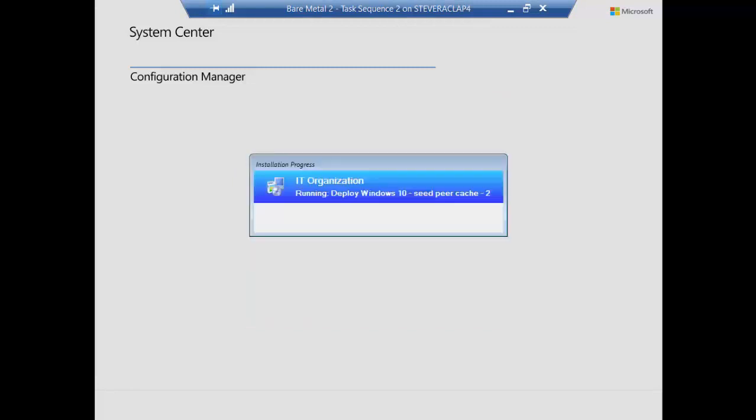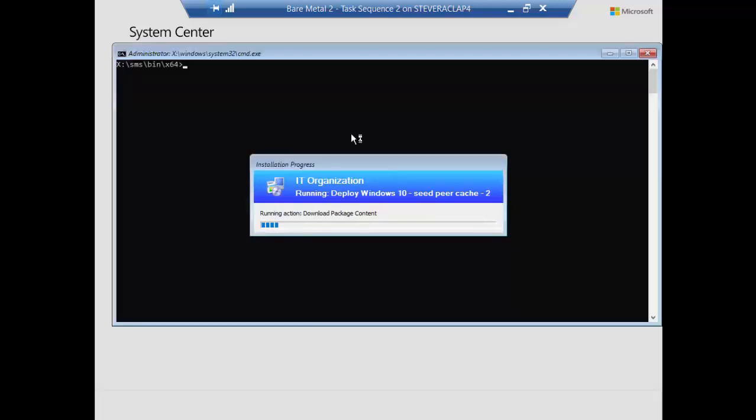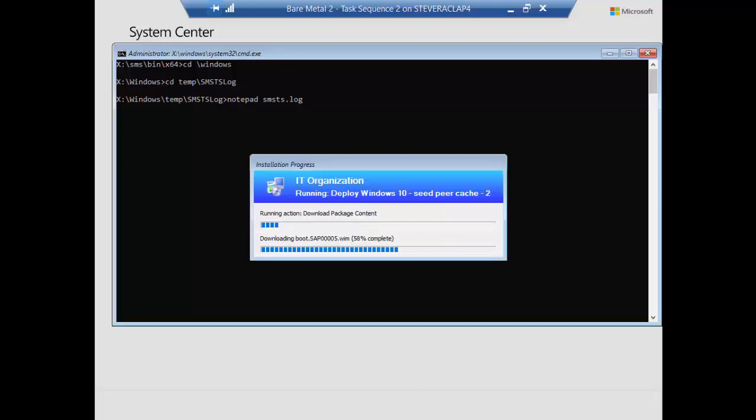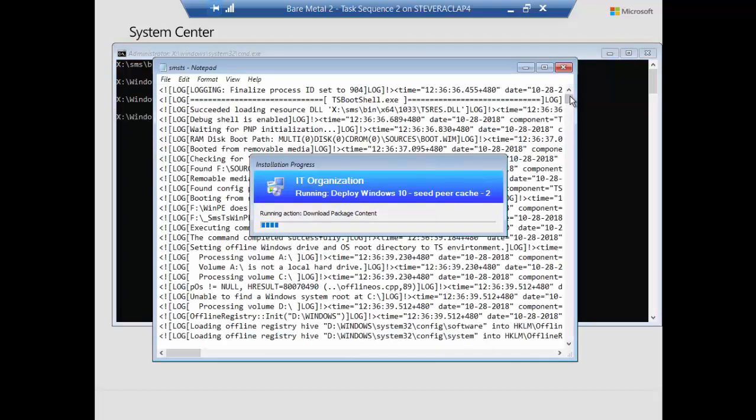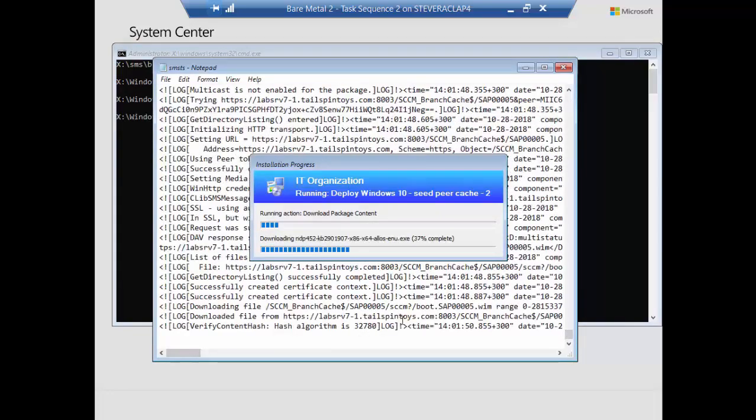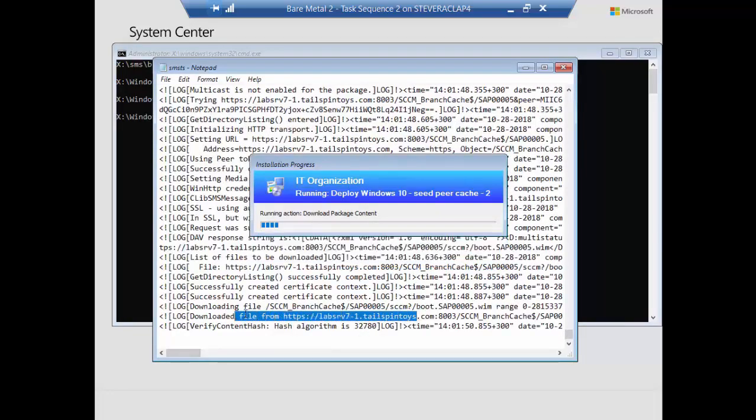And so we'll do the same thing. We're just going to go ahead and let the content be downloaded. We'll confirm that it is. So like before, we'll let this start to download the content, and we'll just check the log real quick. Be right back. Oh, there we go, just as quick as that. It's starting to download the content, good enough. So let's pull up the log. And so we see, in fact, it's downloading it from our pure cache enabled super pure, right? And so, again, through the magic of